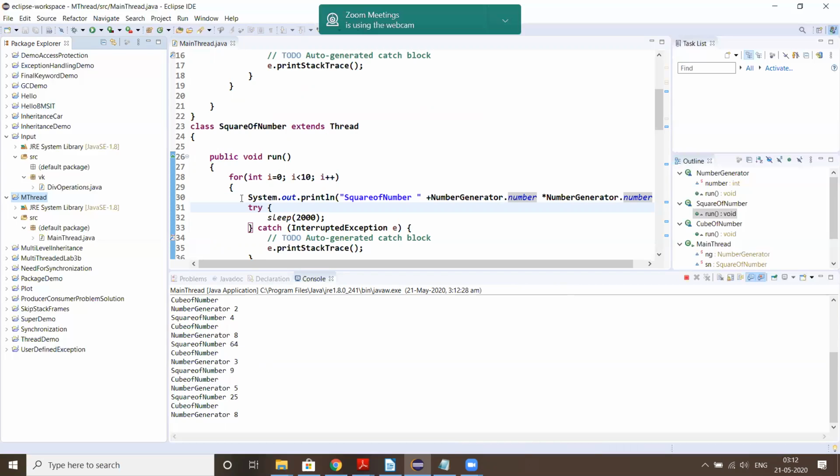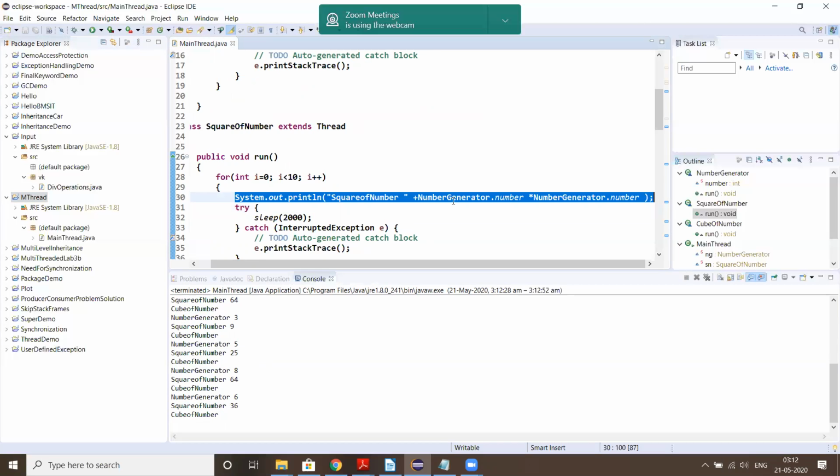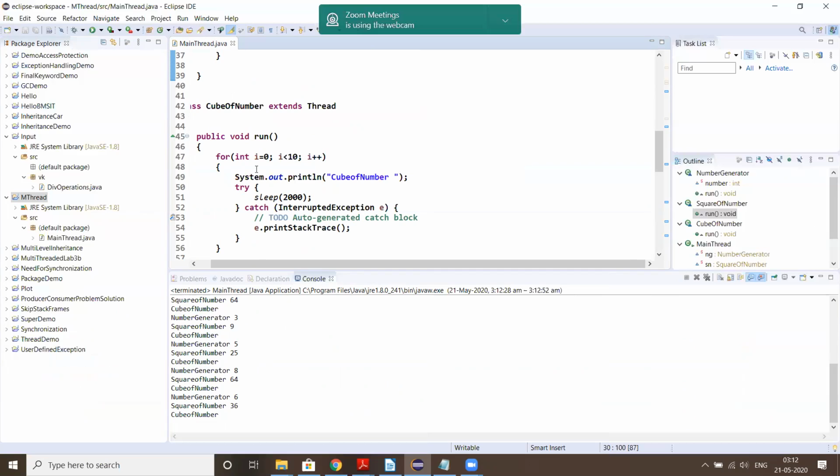Similarly, let me copy this code. Here is the square of a number, and then we need to find the cube of a number.